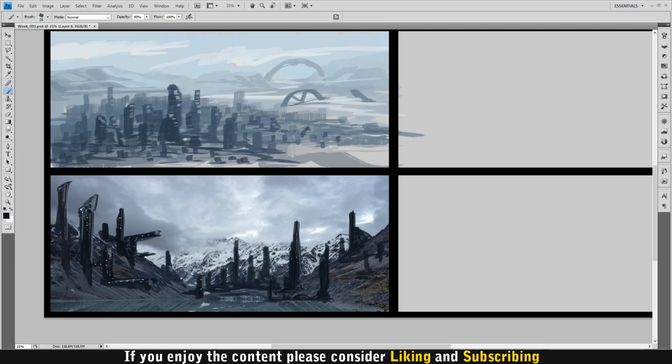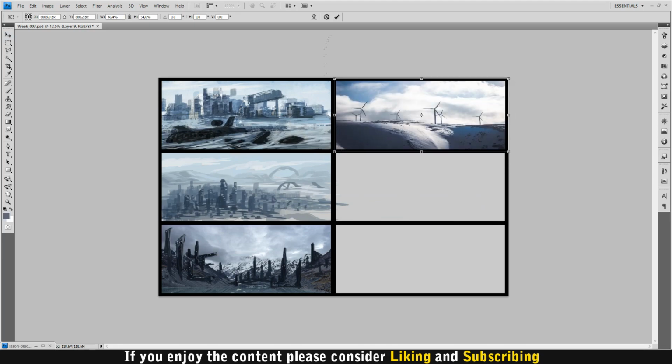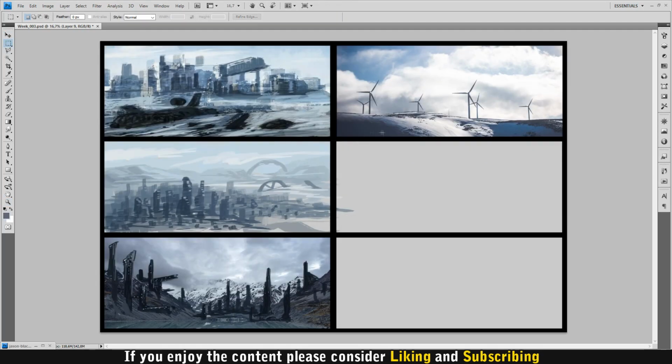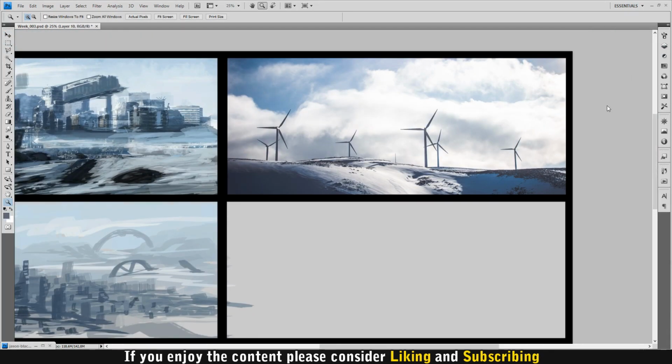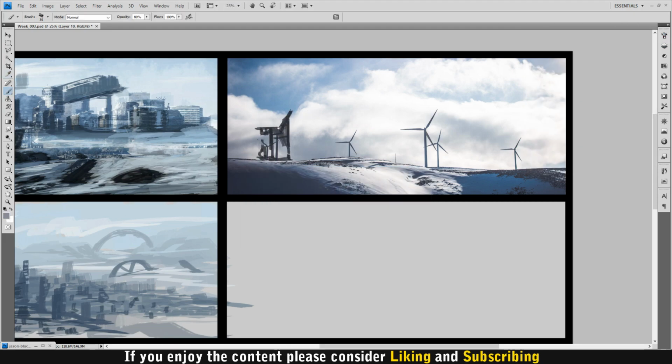But yeah, it's definitely something that I could turn into a painting. And this one was kind of funny. I found that photograph, and I thought, you know what, maybe I can do something with it. The foreground is kind of cool, and I kind of want to keep just the foreground, and the clouds are also kind of cool. What if we can make this into a sort of a city? So that's how I started with this one, and I think this is a good example to show you that